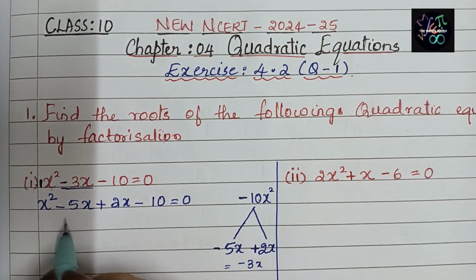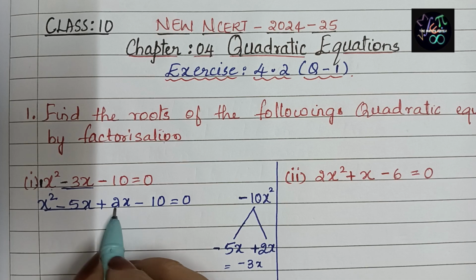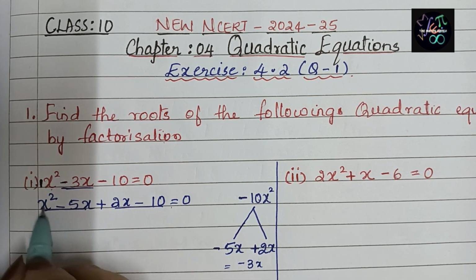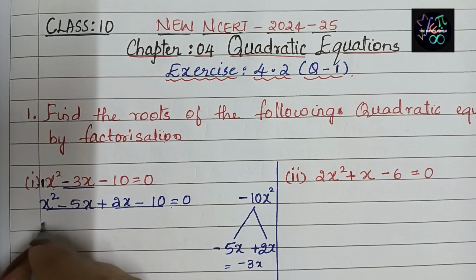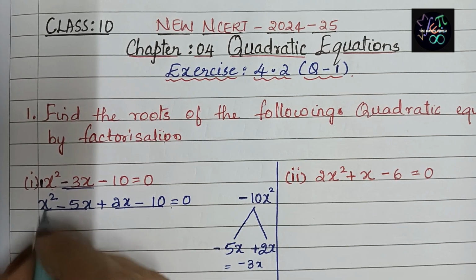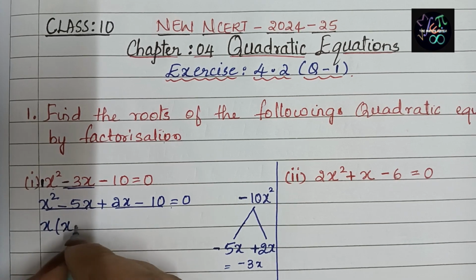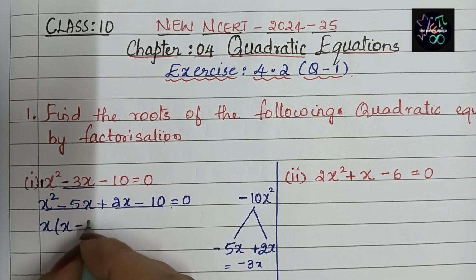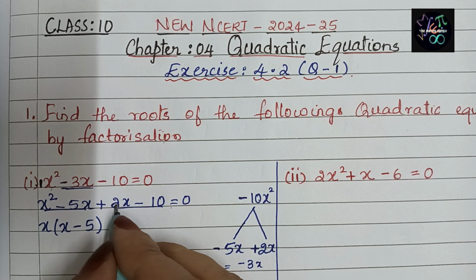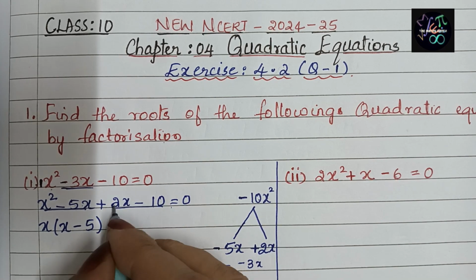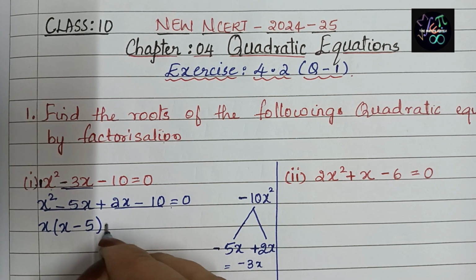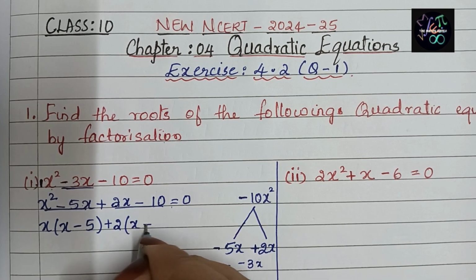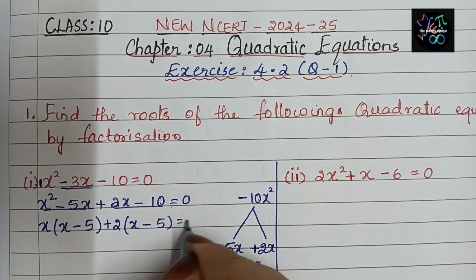Now we will divide into two groups. First group, second group. In these two groups, we should check what is common. In the first group, what is common? We can see x is there here and x is there here. So x is common. Here x square is there. One x common means one more x remains. Minus x have taken common. What remains? 5. Here we can see what is common: 2 is common. Why? In the 2 table 10 comes. 2 5s are 10. So we will take plus 2 common. 2 common outside means what remains? x. 2 how many are 10? 2 5s are 10. Equal to 0.